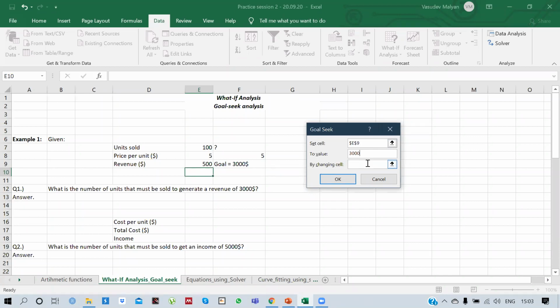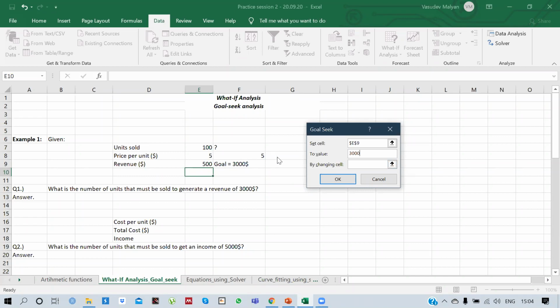Now remember, you can only set those cells in Goal Seek which have a function in them. You cannot vary a cell having a constant value. It will not do any kind of iteration. It will only do iteration when you set it to a cell which has a function in it. So this cell, revenue, has a function which is units sold multiplied by price per unit.